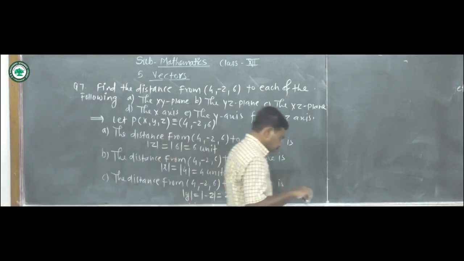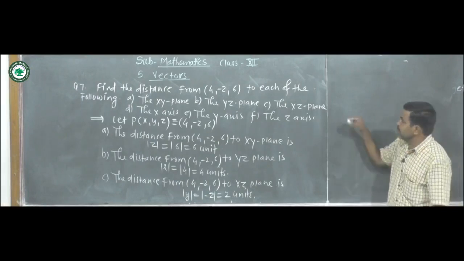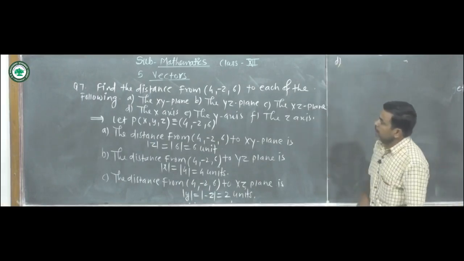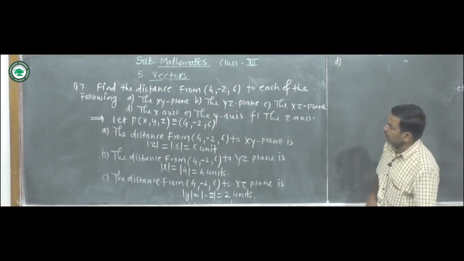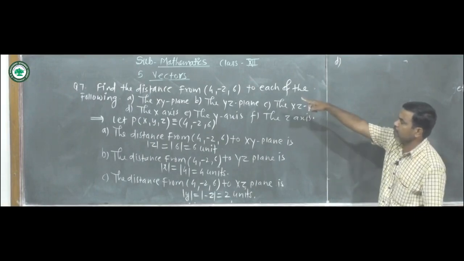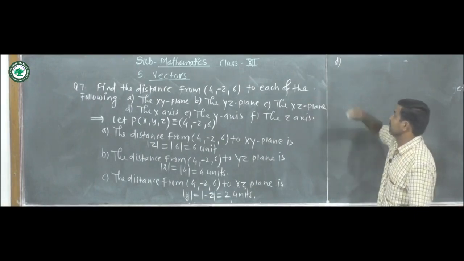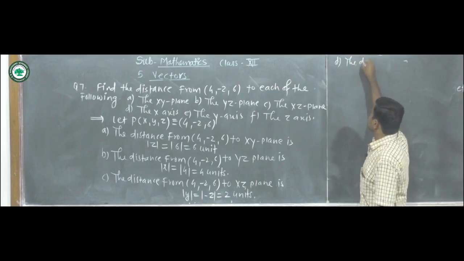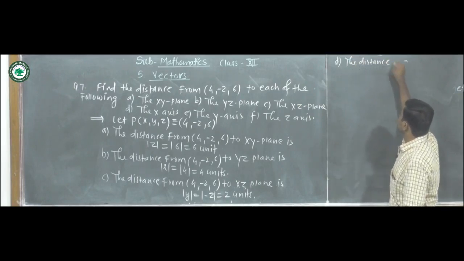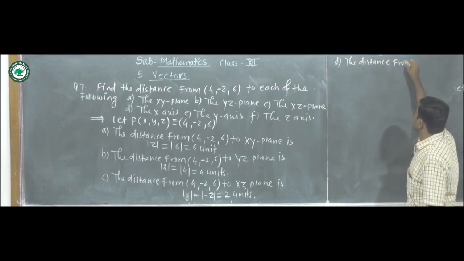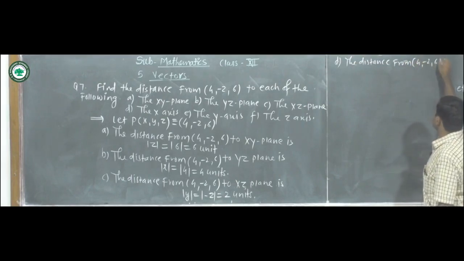Next, D. In sub-question D, we have to find out the distance of that point from the x-axis. The distance from (4, -2, 6) to the x-axis